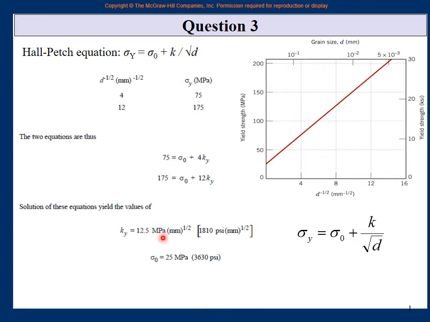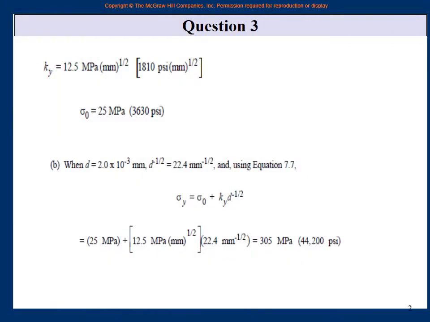But I have directly written megapascal root millimeter, because to calculate the final next one there is no issue. We will directly use the same graph again. Otherwise, we could have converted this to megapascal root meter, not megapascal root millimeter. So now the last part, now the constants are there. So at the given condition, these 2 points are there already.